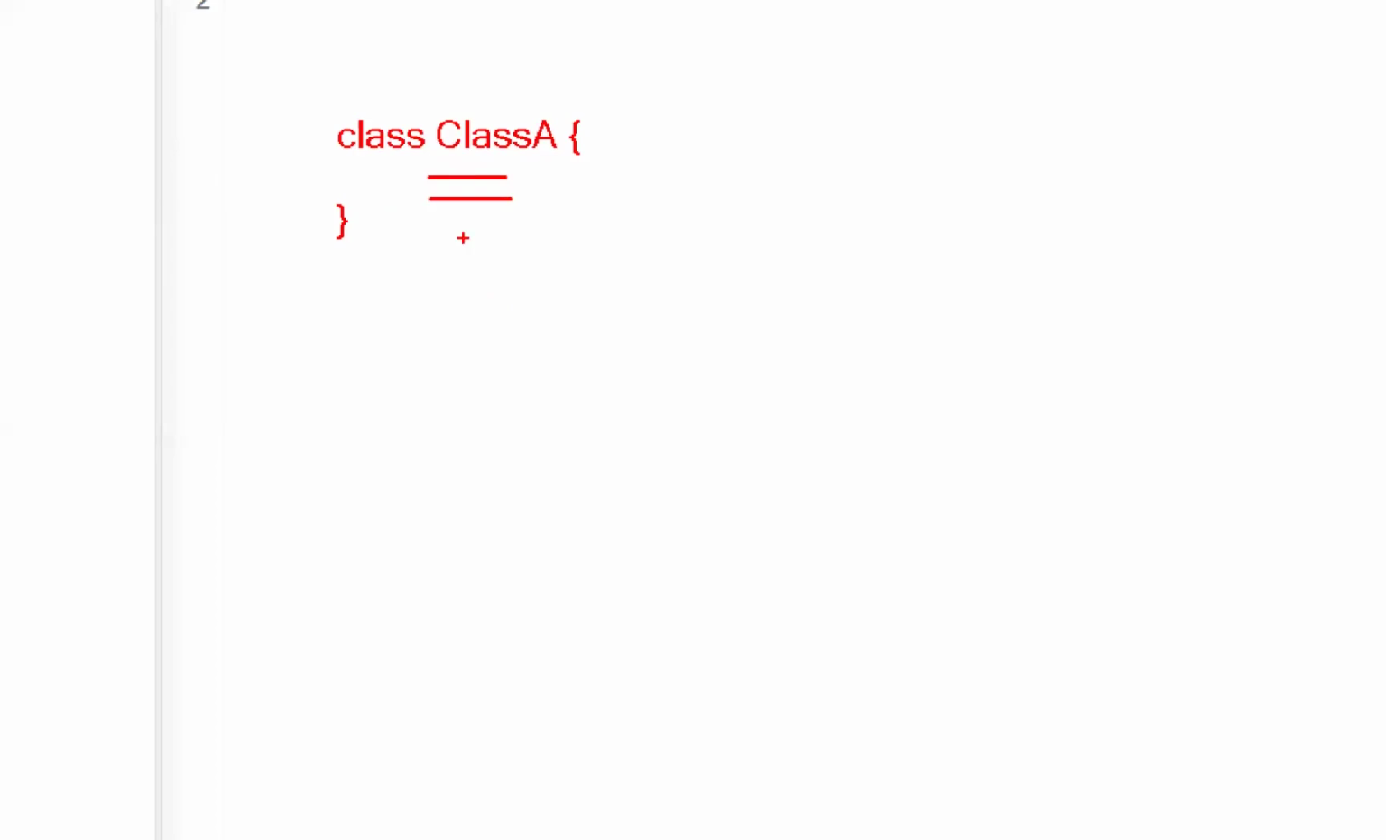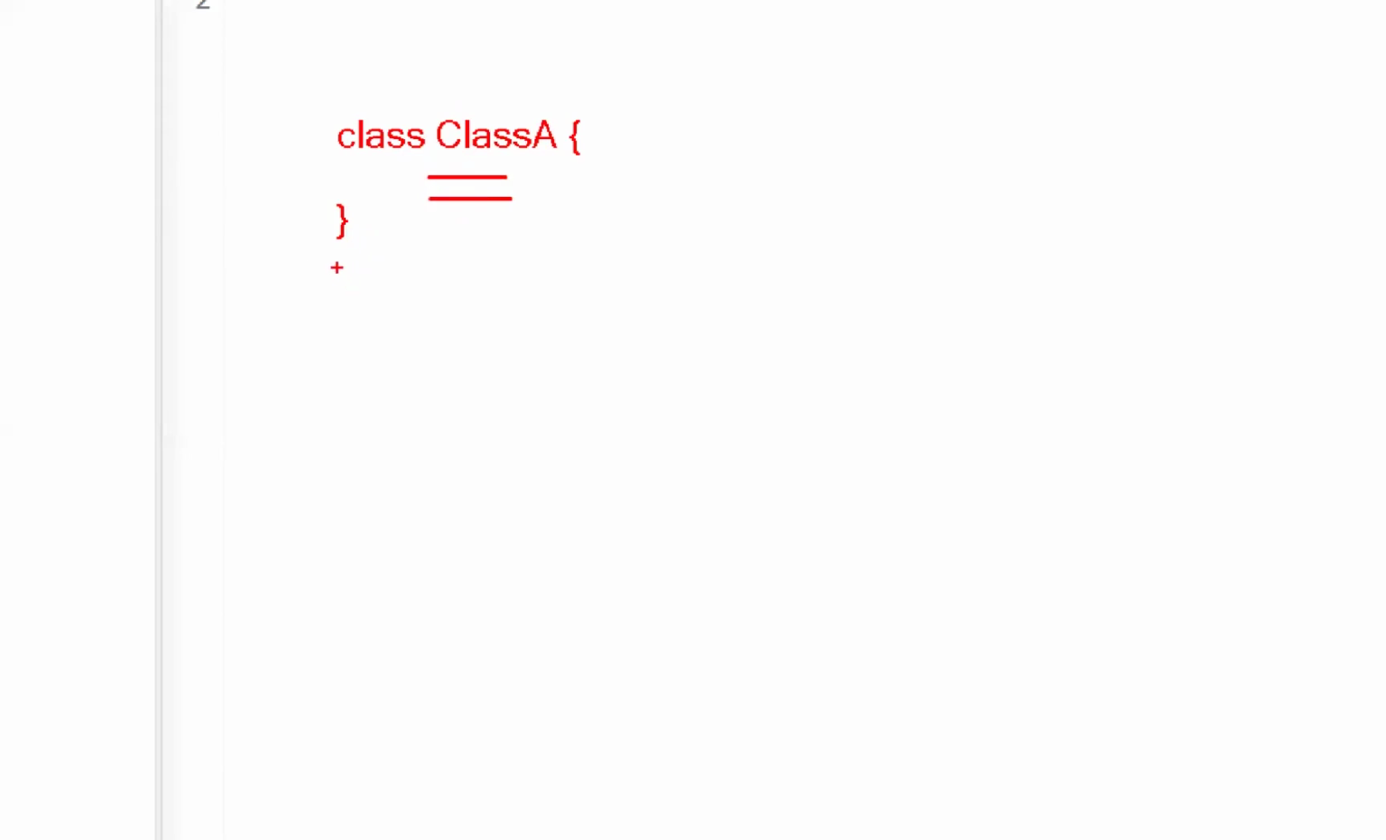For a class, what can we create? Object. Because only creating a class means no memory will be allocated. Memory will be allocated only when an object is created, right? There is no use of a class without creating an object. So if you want to use a class, you must create an object. So if I want to create an object for this class A,